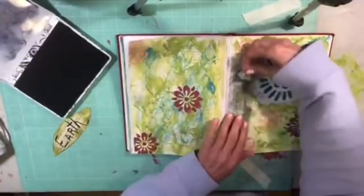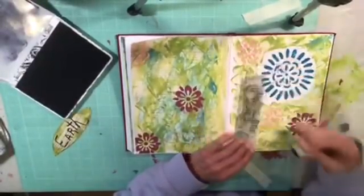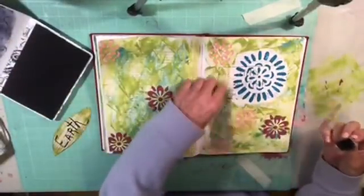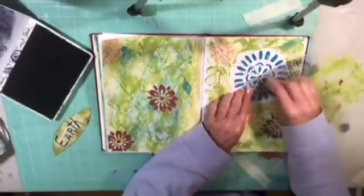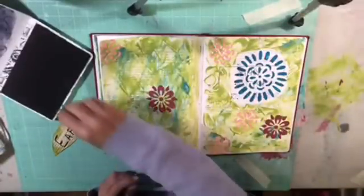Yeah, so then we'll put the words on it, and then maybe we'll ink around the sides, and we'll call it done. I didn't really know where I was going with this page today. I just knew that I wanted to try